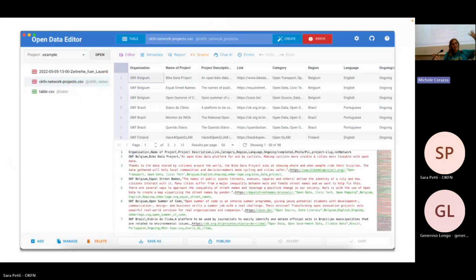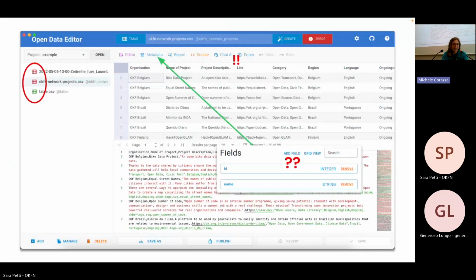So by the beginning of this year, this is what the application looked like. Compared to what we were seeing before, you can see that it's already a bit simpler. And here I just put some of the feedback that we received. There were a lot of things that actually didn't make sense.